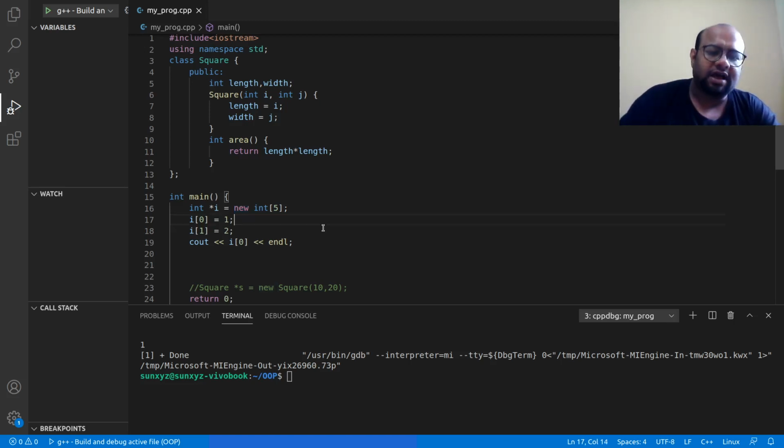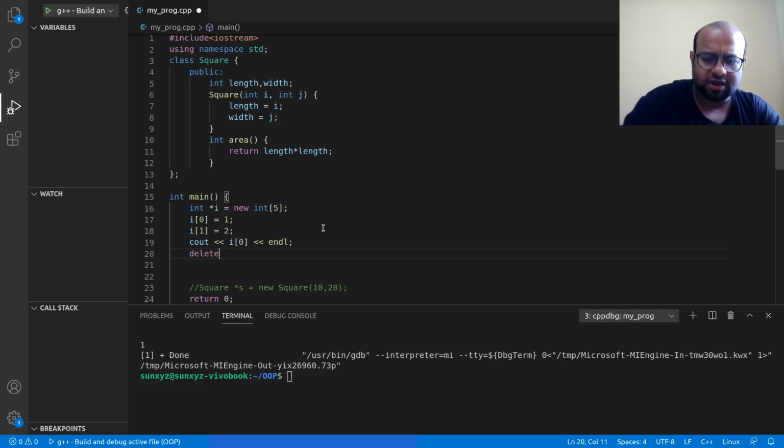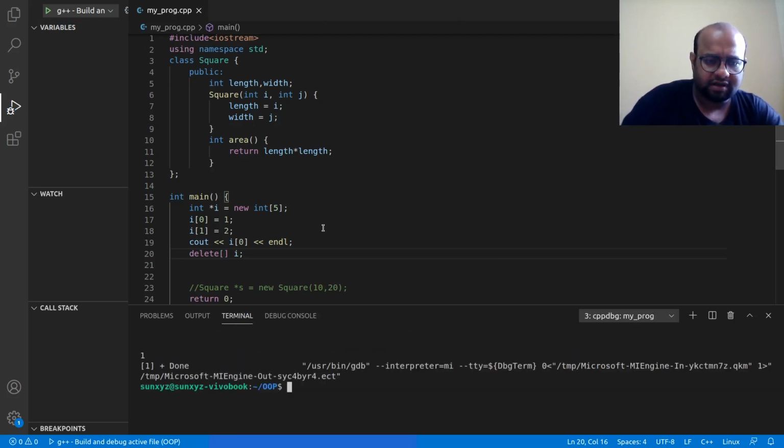We use up this memory, and when we are done, we write delete. Since it's an array, I write delete bracket and then I. So done. Memory deallocated from heap.